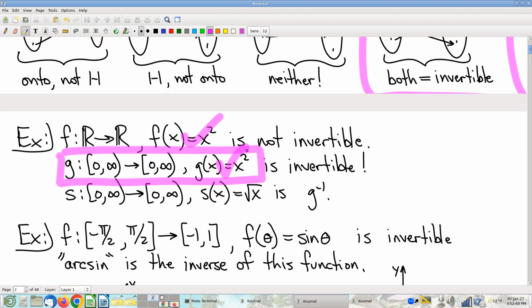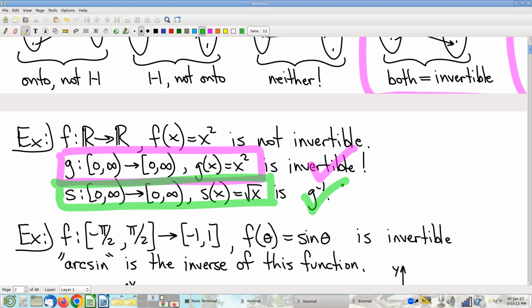And here, everything's fine. If I consider only non-negative input values, and if I consider only non-negative values in the target, every non-negative value in the target does have exactly 1 preimage that is also non-negative. And so this is an invertible function, and its inverse, namely the square root, defined like this, is its inverse. Is everybody happy with that? Does everybody see how we have to